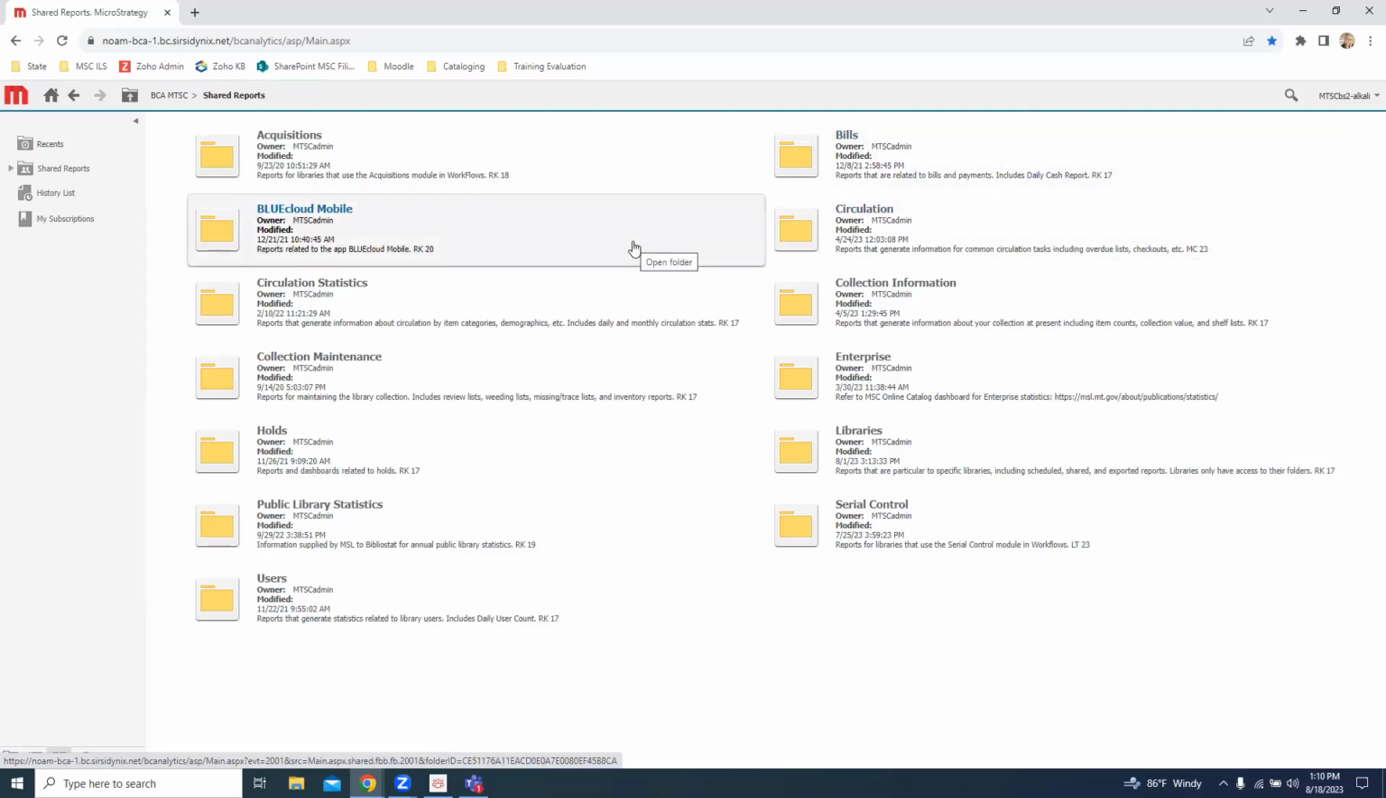BLUEcloud Mobile, which is our Montana shared catalog app. Circulation, including but not limited to, let's see, you have information for common circulation tasks, so your overdue lists, checkouts, etc. Not to be confused with, and we separated this out to make it a little bit easier,